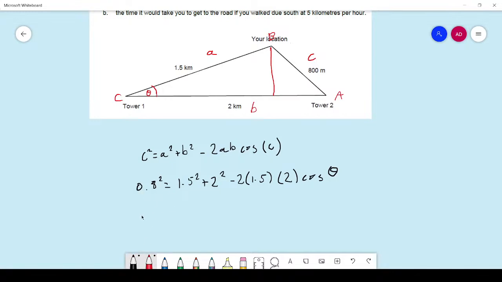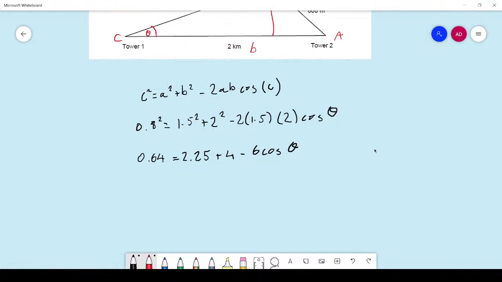So 0.8 squared should be 0.64. I better double check that. Yep. 1.5 squared will be 2.25 plus 2 squared is 4. 1.5 times 2 is 3 times negative 2 is negative 6 cos theta. So we'll just tidy this up. So this will be 6.25 and we'll minus it across. So 0.64 minus 6.25 will be negative 5.61. So we put these two together and then subtract them over to the left-hand side. We get left with